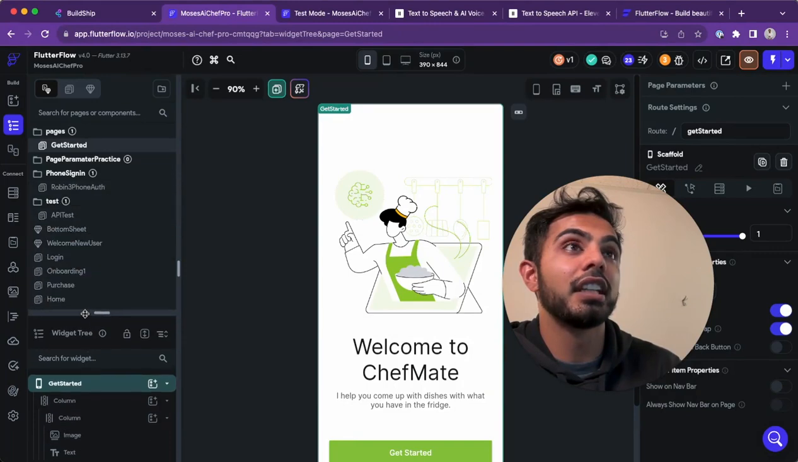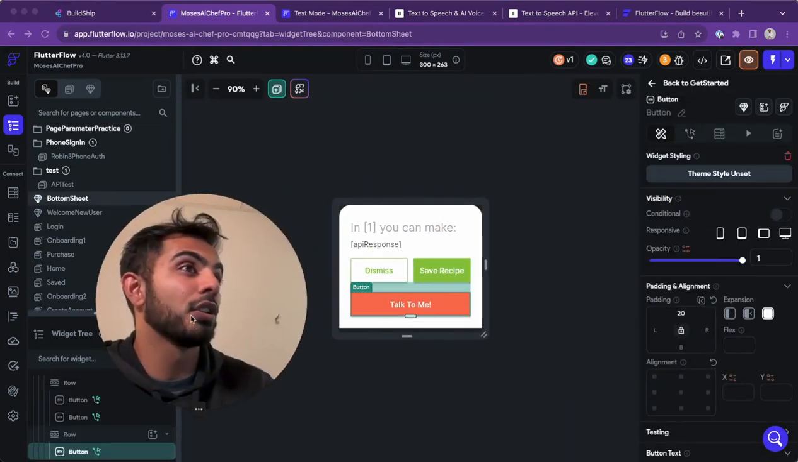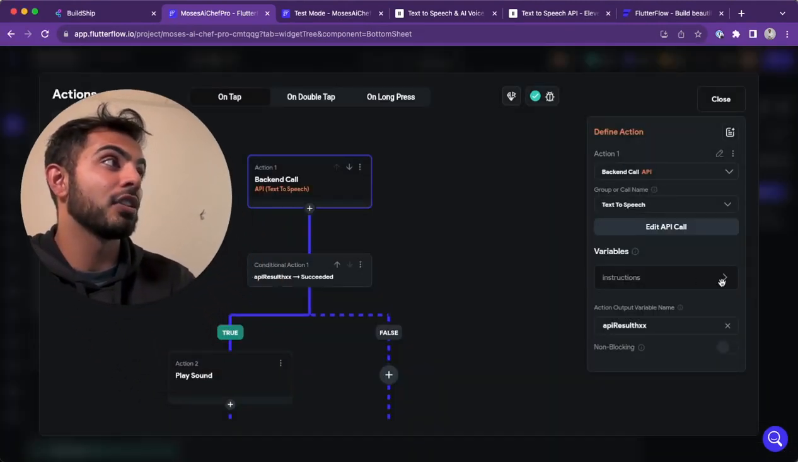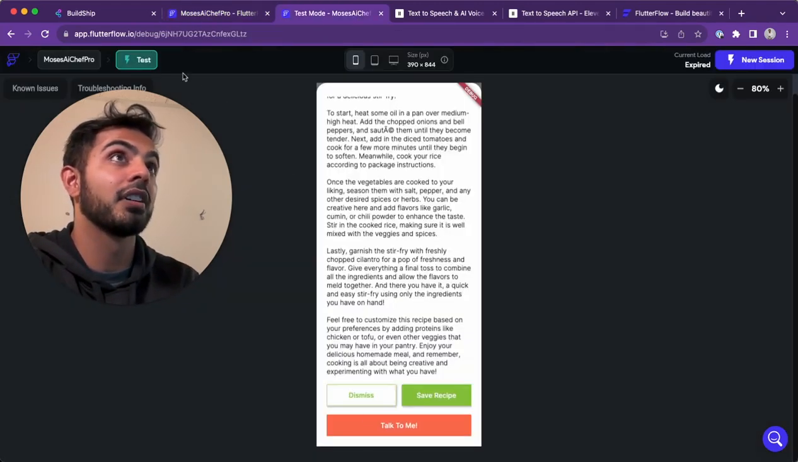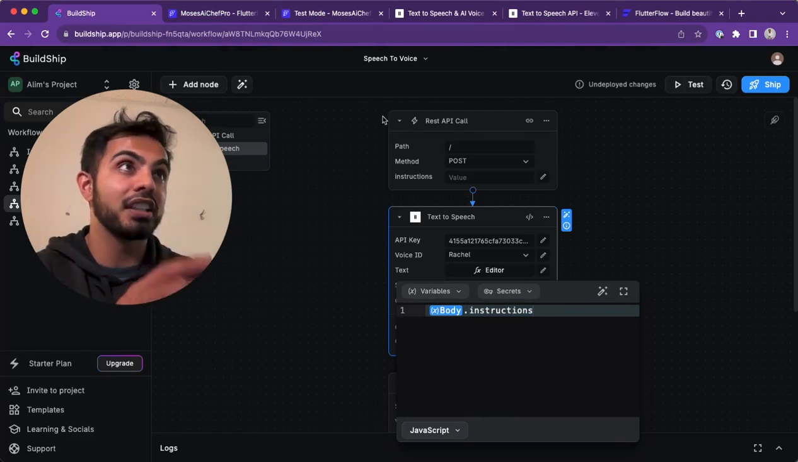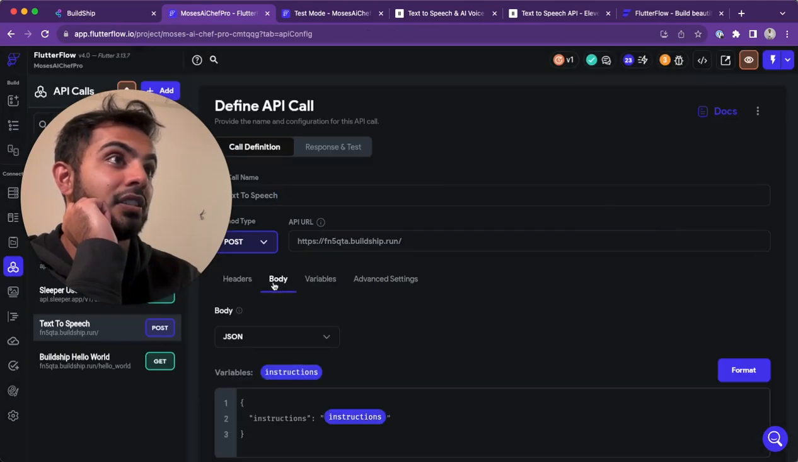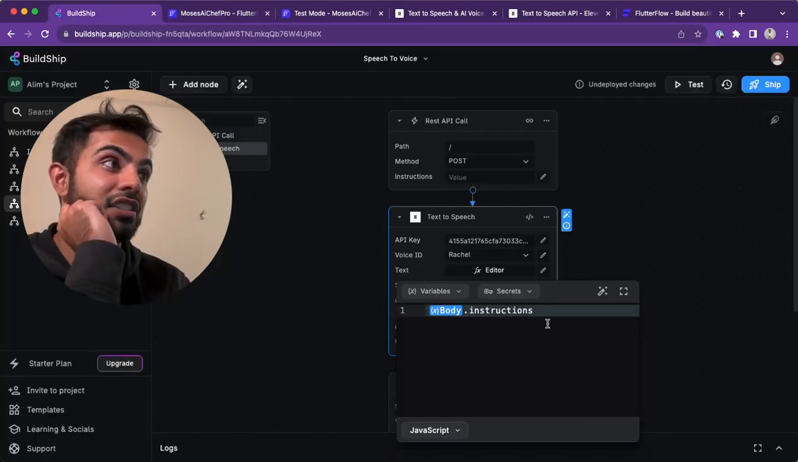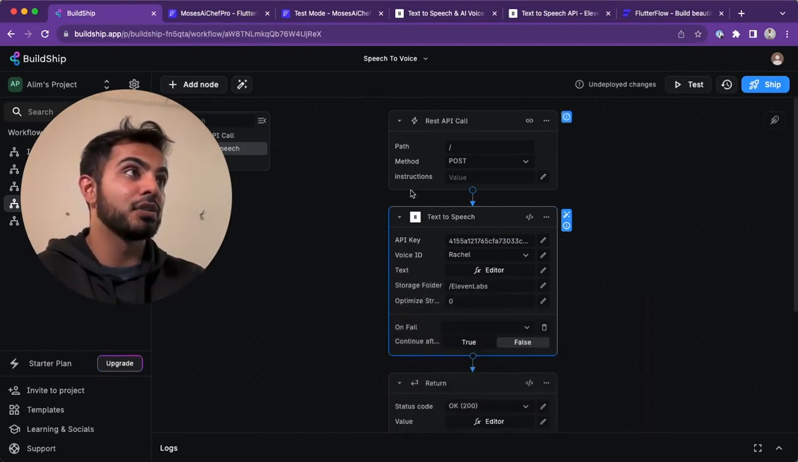Back at FlutterFlow, in the widget where I am showing the responses, I have this button called Talk to Me. That button triggers an API called Text to Speech, and all I'm doing is passing in the results that you see here. I'm passing in this whole paragraph. I send that to Buildship in the body of my API response. So in the body of this API call right here, I have a field called instructions, and I'm passing in instructions. Buildship gets those instructions from FlutterFlow, and then we take these instructions and send them to the text-to-speech API from 11 Labs,